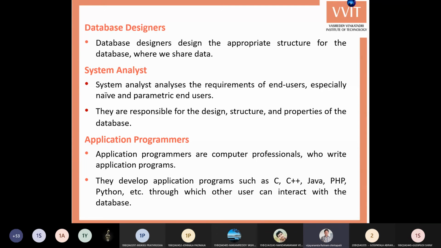Next, the fourth category is application programmers. Application programmers are computer professionals who write application programs. They work purely with programming languages like C, C++, Java, PHP, Python. By using these, we interact with the database.